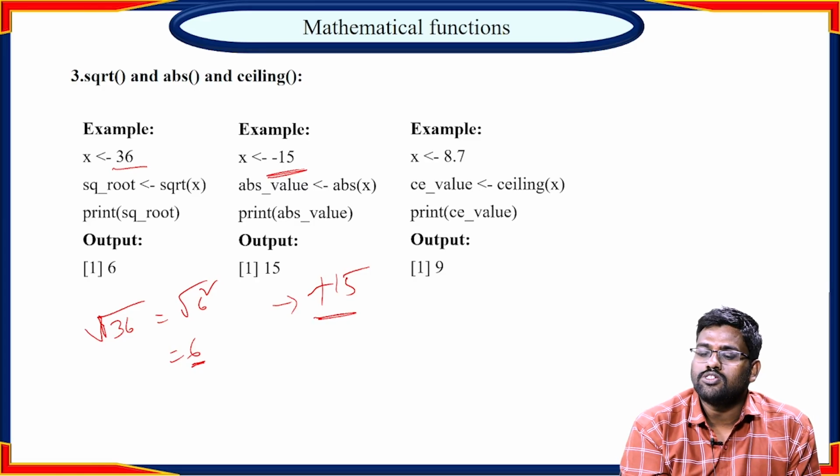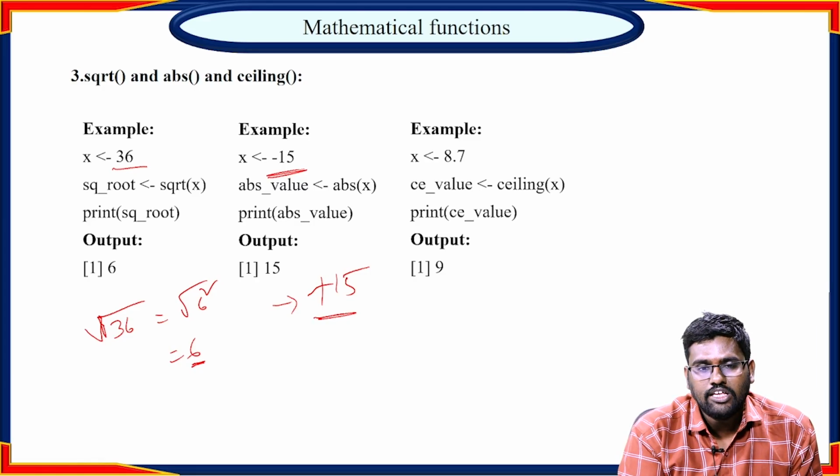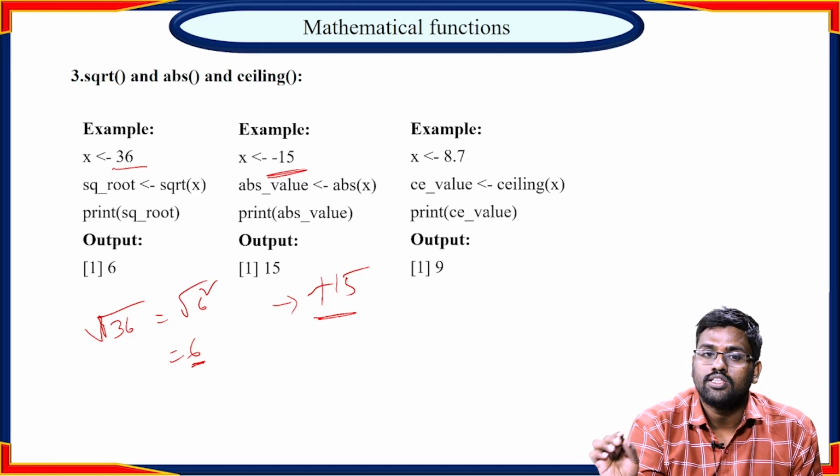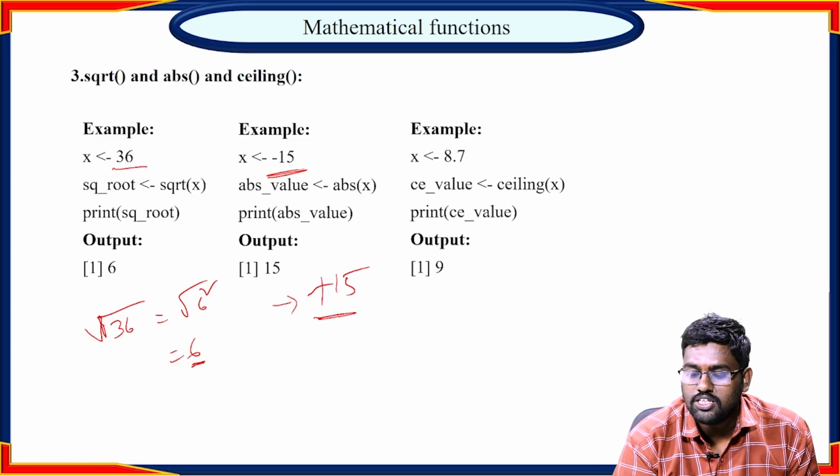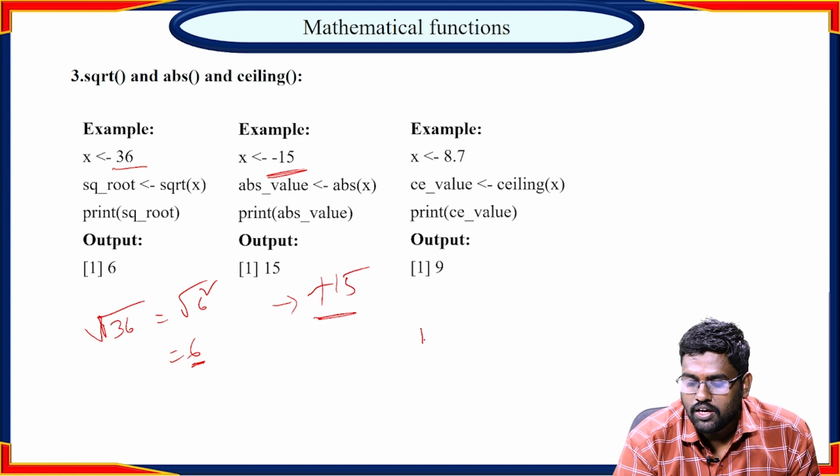Next one, ceiling function. The ceiling function is used to display the value that is near to the exact value, and the value nearest to that particular value is printed. How it works: for example, if the value is 1.1, so